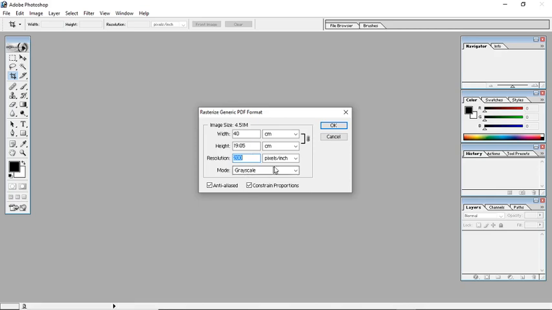For grayscale, we can give 200 or 300. This is an RGB color image, so we also have to consider the image size. If you give more resolution, the size also increases. For example, 300 gives 30.4 MB, so it is very difficult to upload or place in a Word document. So 150 is enough, which gives a 7.6 MB image. Here I am clicking OK. As per the journal's guidelines, we can give the resolution of the image.